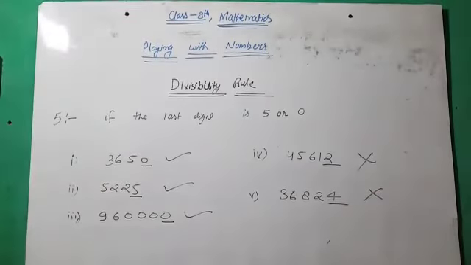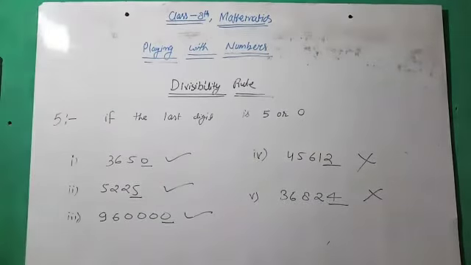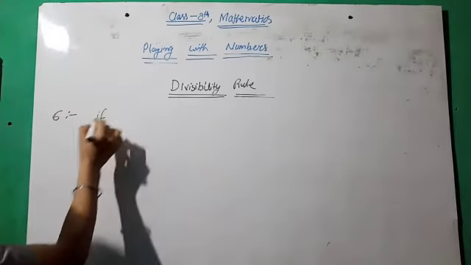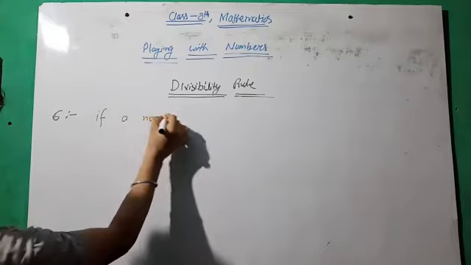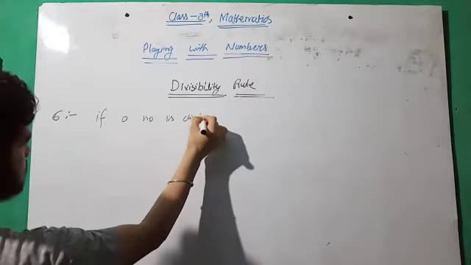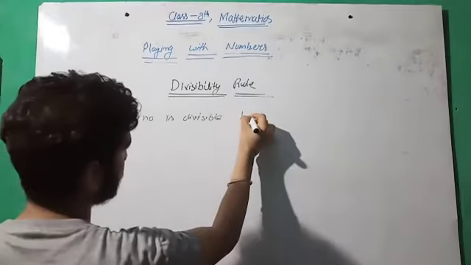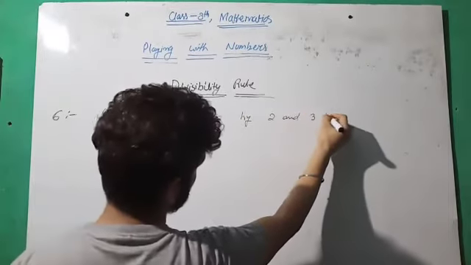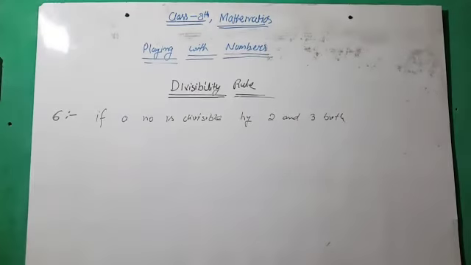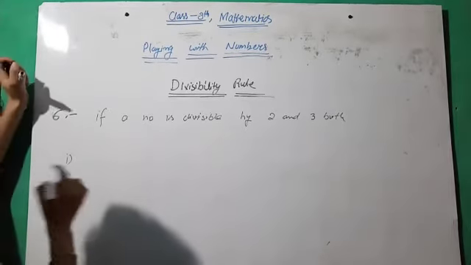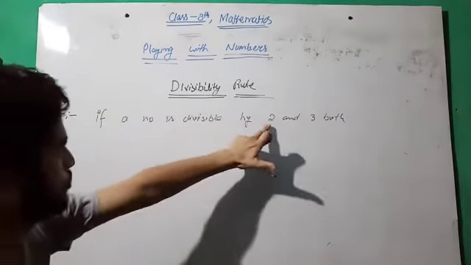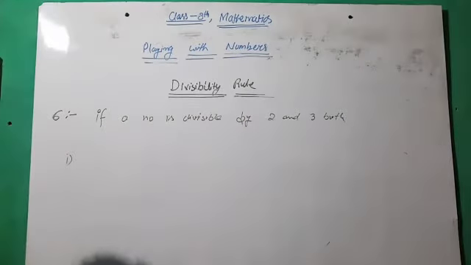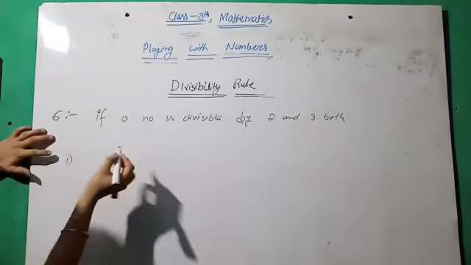Okay. Now taking the divisibility rule of 6, not in your book. For 6, you have to remember, if a number is divisible by 2 and 3 both, then it is divisible by 6. Let us take an example. First of all, we have to check the divisibility of 2, meaning the number must be an even number. Then second, the digital sum of the number must be in the table of 3. Okay, so let us take an example.